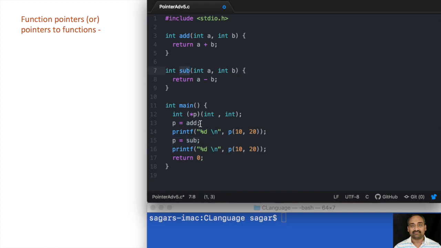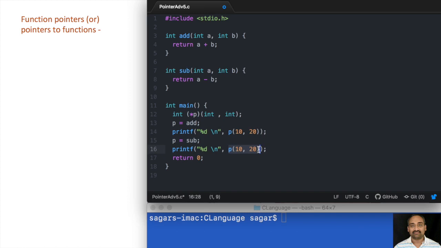Now first question: is p a pointer? Yes, it is true, it is a pointer to a function that returns integer and accepts two integers. Is p pointing to a valid function? Yes, p is now pointing to add, and now when you make a call, you are making a call to the add function itself. Now here p is pointing to subtract, so when you are making a call, you are calling the subtract function. Is it really useful?